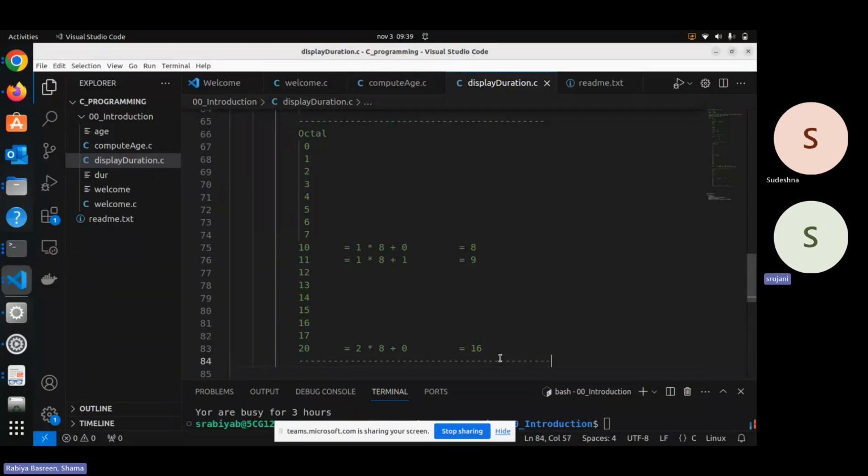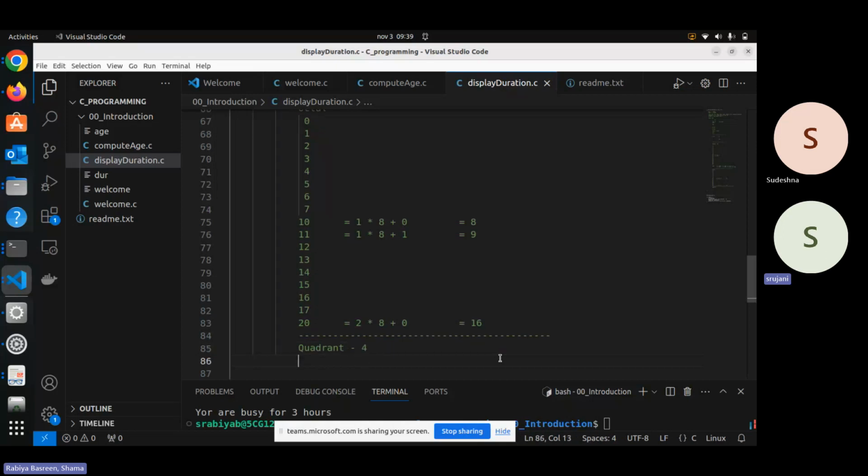Now, let's say if human beings had 4 fingers, we would have a quadrant system. Quadrant system meaning base 4. How many distinguished symbols? 0, 1, 2, 3. After this,